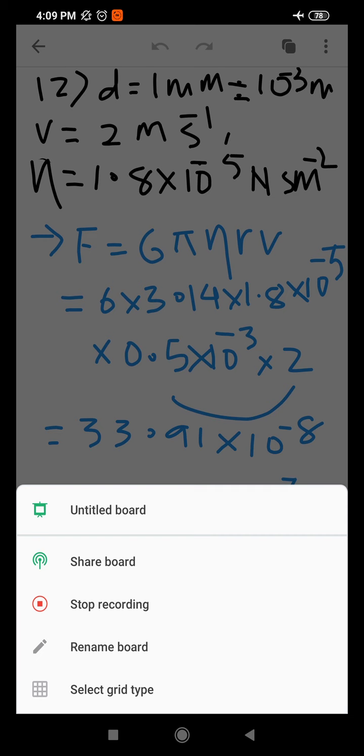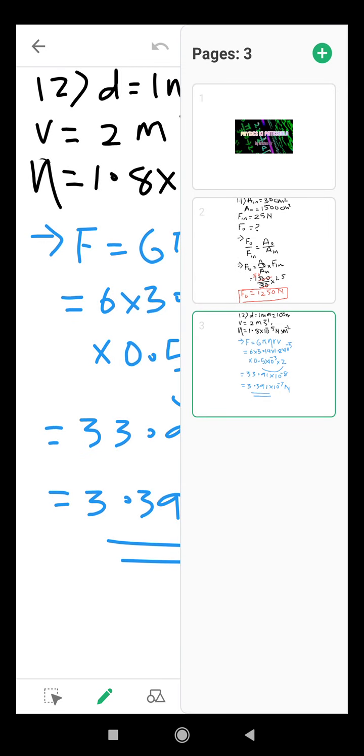Let us solve the next question. So next question is your question number 13. Question number 13 says, a horizontal force of 1 Newton is required to move a metal plate of area 10 to the power minus 2 meter square with velocity 2 into 10 to the power minus 2 meter per second when it rests on a layer of oil 1.5 into 10 to the power minus 3 meter thick. Find the coefficient of viscosity. Let us first understand this problem. This is the problem of Newton's formula.